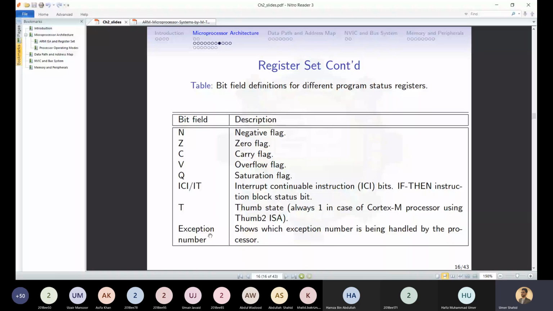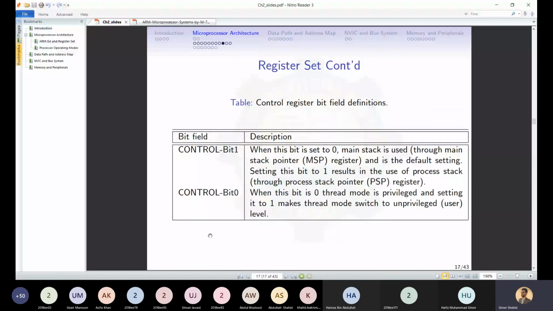And the last register that you are going to use in this ARM architecture is called the control register. The control register has only 2 bits enabled for readability and writability. All other 30 bits are reserved. And for those 2 bits, each bit has a different meaning. For example, in bit 1, if that bit is 0, it means you are currently using the main stack, and